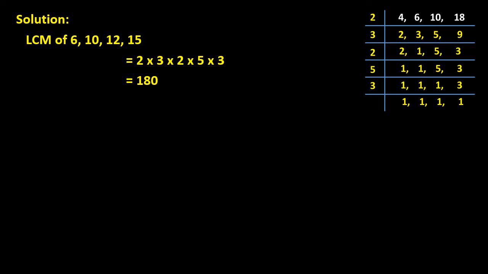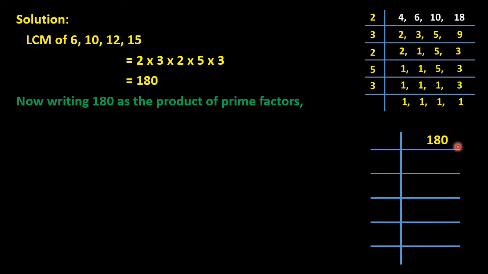Now we move on to the next step: writing 180 as the product of prime factors. So here we have to find the prime factors of 180. On the right hand side, let me find the prime factors of 180. It is an even number, so we must divide by 2 at first. 2 90s are 180, again we divide by 2, 2 45s are 90. Now it is not divisible by 2, so we go for 3, the next prime number. 3 15s are 45 and 3 5s are 15. At last 5 1s are 5.